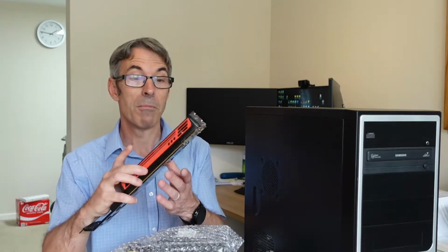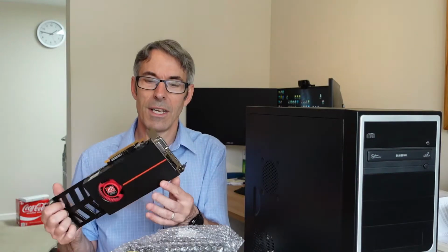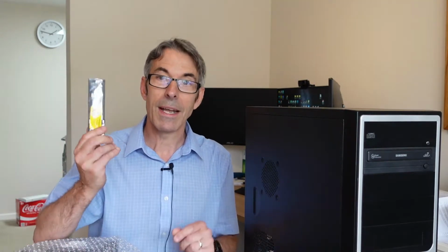We're going to be using a reclaimed Integral V-Series 480 gig SSD drive, and this graphics card came out from a Dell XPS system, which I think was a second generation machine. So not sure if this is going to be better than the standard graphics controller on the main board with an Intel i5 processor. So we may or may not use that, not entirely sure at the moment, but that was a freebie. Then we've got two 4 gig sticks of memory,